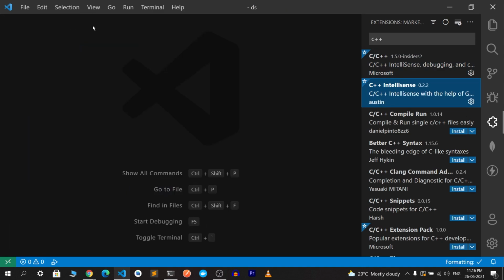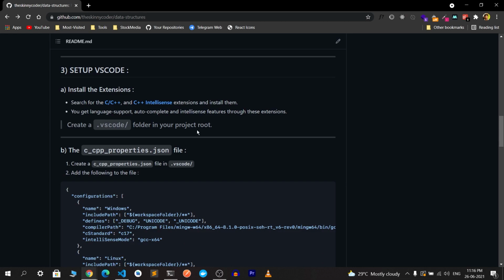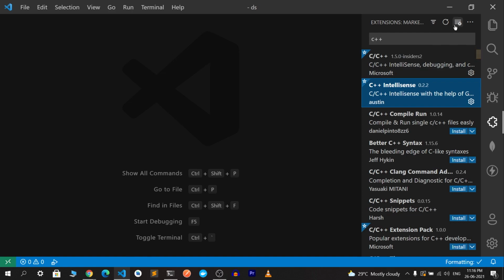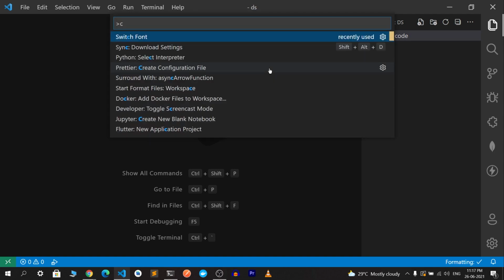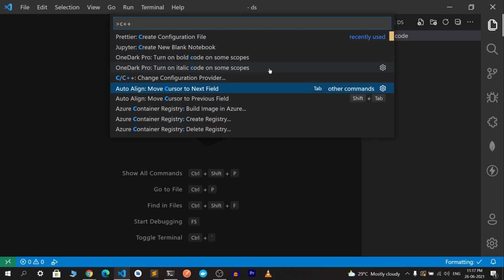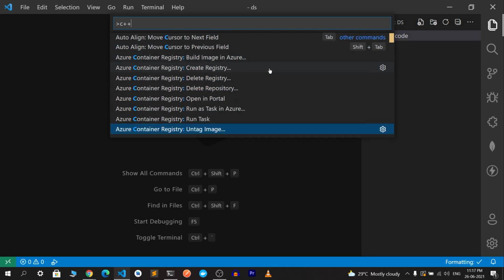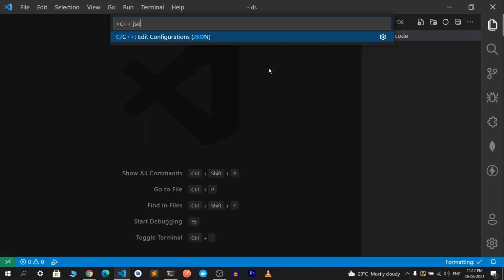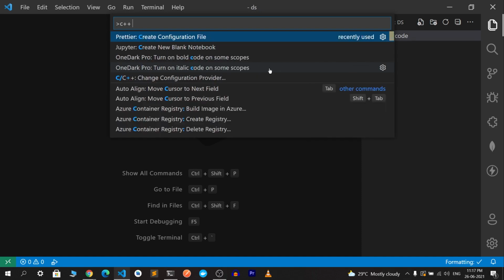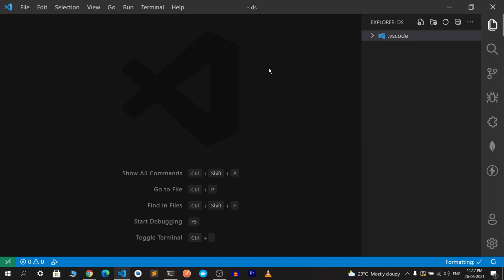Alright, now you get language support and autocomplete features and IntelliSense from that, and we'll have to create a .vscode folder in the root directory. Alright, so let me create .vscode over here, and instead of doing it the file way, I'll just show you how to do it using this. You can go to C++ and check for UI, which is edit configurations from UI, or you also have the JSON thing, which will just create a file for you. Okay, but if you're a beginner, I advise you to do it in the UI,